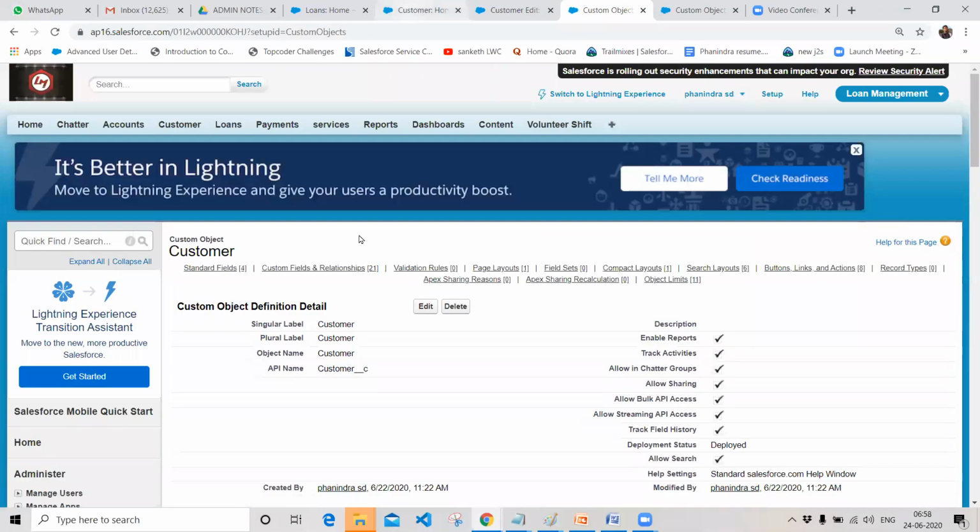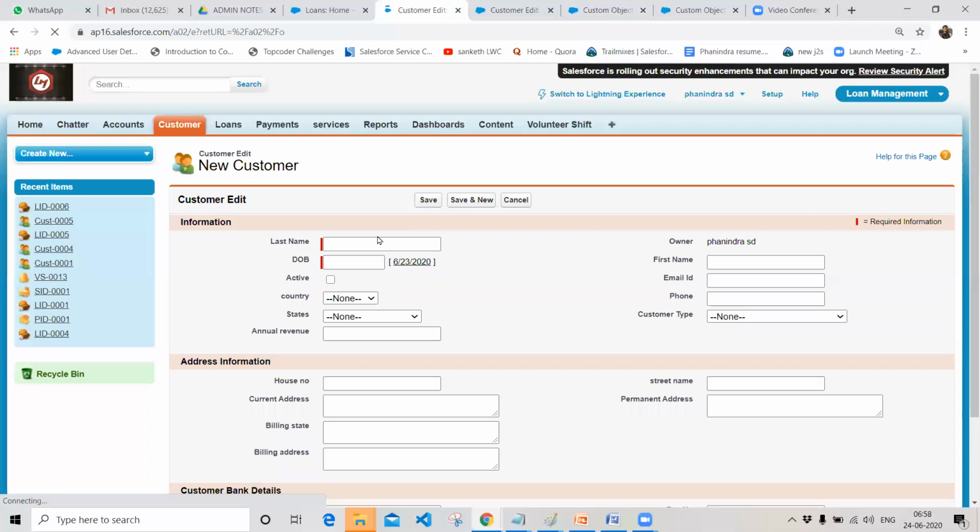So let's go to the customer record again, and I want to create a new record over here, saying the customer as Kiran, and I want to give him an email as Sanket at gmail.com, and I'm choosing the annual revenue as 3 lakhs.